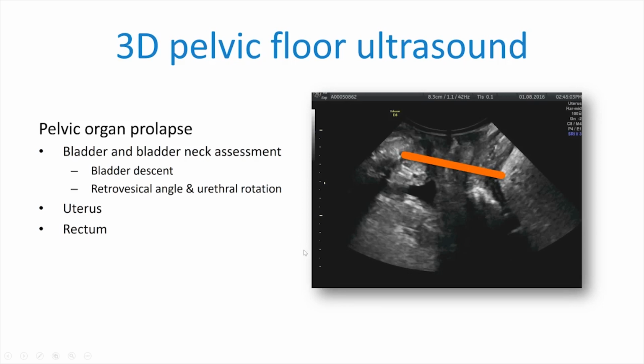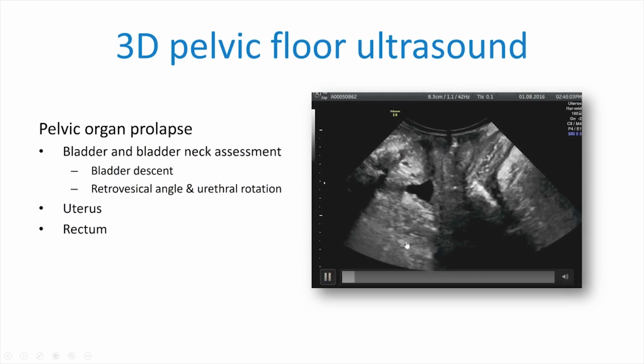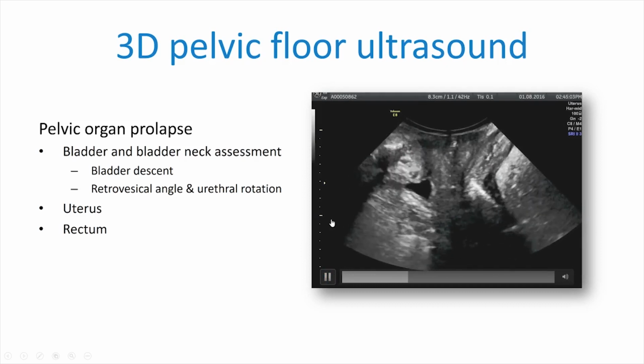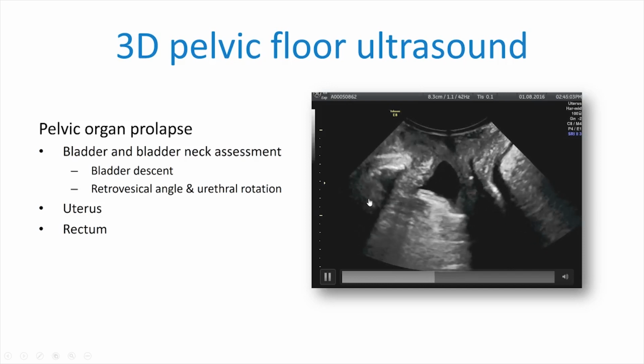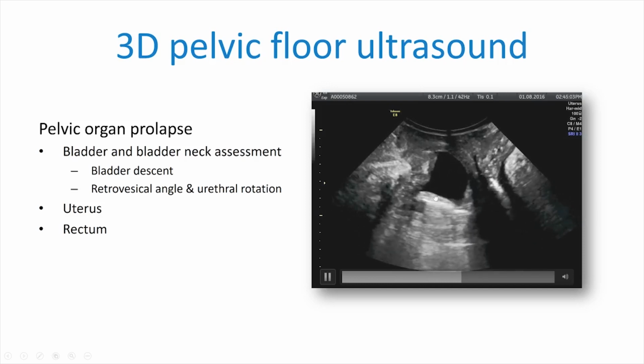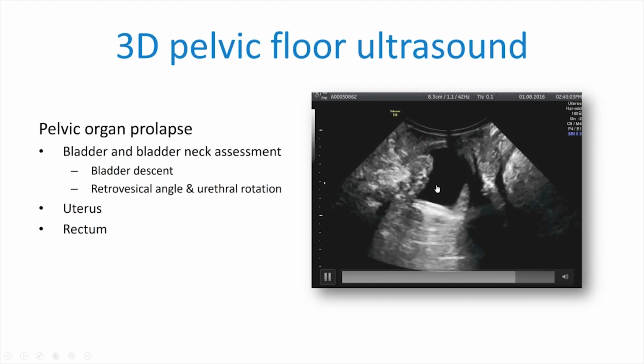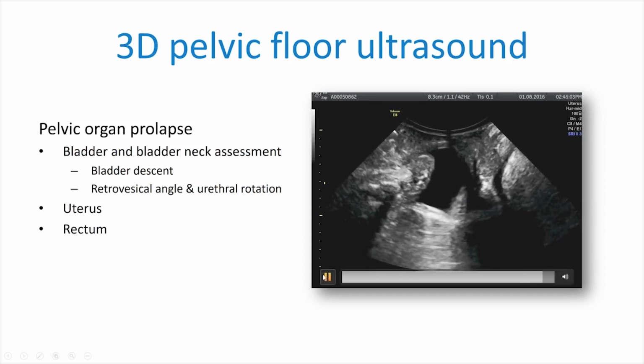So I'll just take that off and then I'll play the video. If you look here, you can see the bladder. She's about to do a Valsalva, this lady, and you'll see what happens. So the bladder, as she really pushes down, you can see it's protruding into the anterior wall of the vagina there. And if we just freeze this, and I'll put the line back for the pelvic floor, so you